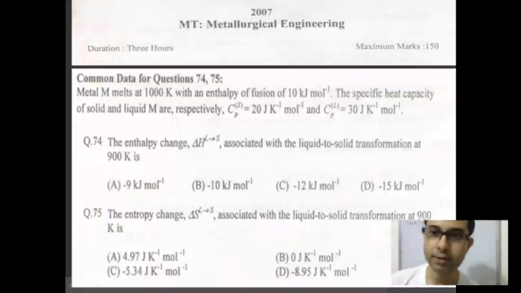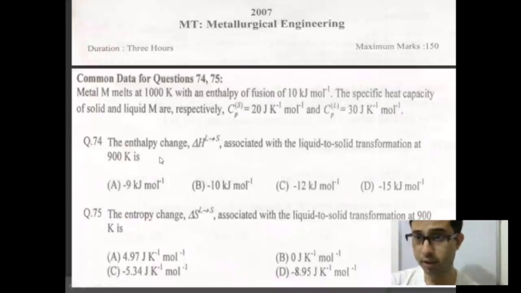The metal M melts at 1000 K with an enthalpy of fusion given as 10 kilojoule per mole. The specific heat capacities of solid and liquid M, Cp solid and Cp liquid, are given as 20 joule per K and 30 joule per K. Now you are asked to calculate the change in enthalpy. But what is the difficulty? The difficulty is that you have been asked for the change in enthalpy at a